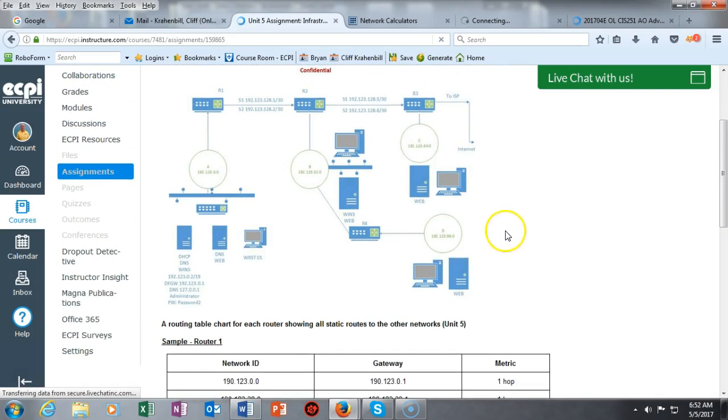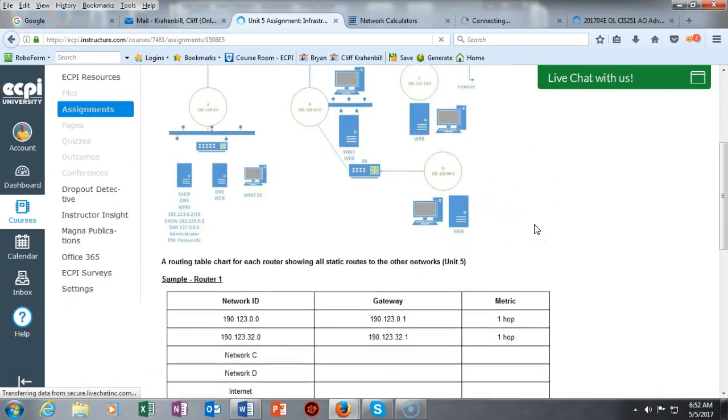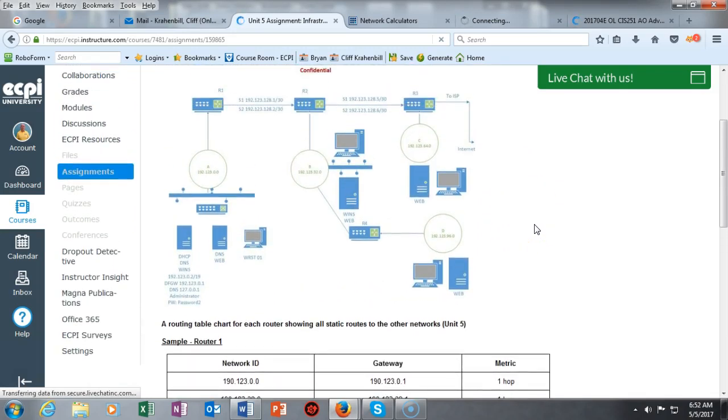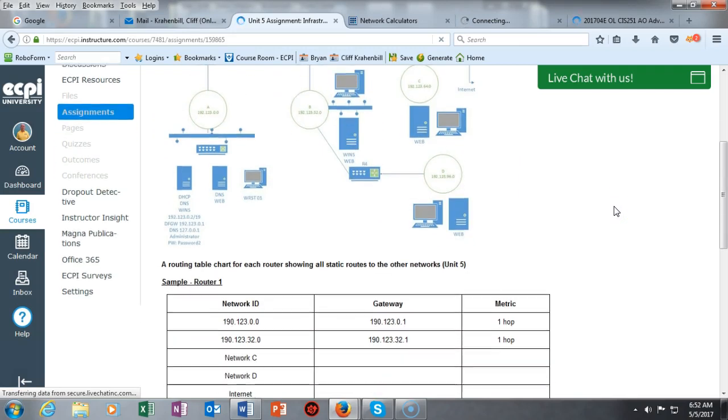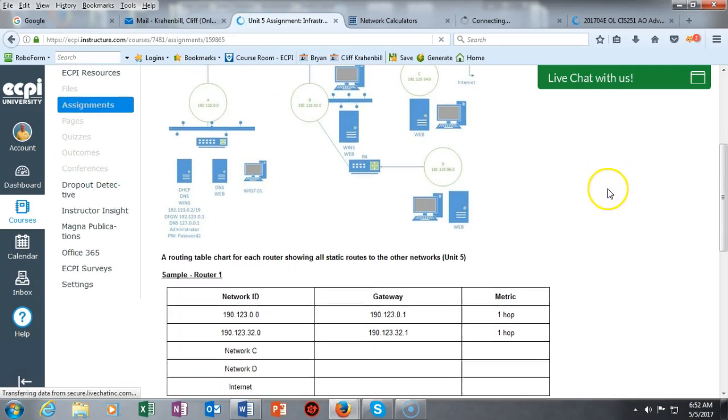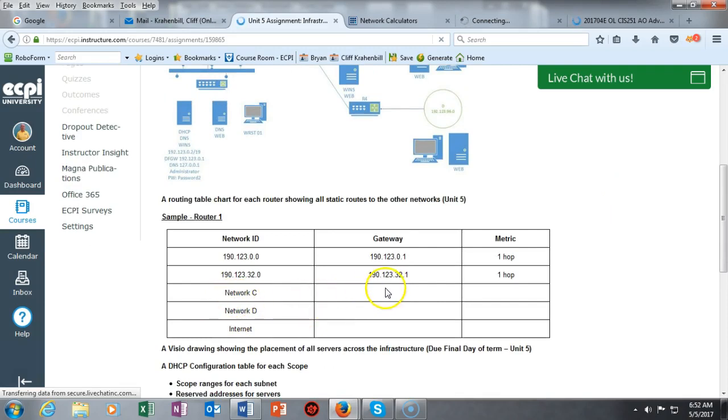Right. Now if I wanted to document the routes that I was going to be taking to get from over here to .0, well then that would be 4 hops. Okay. But that's not the case. All they want is the network ID, the gateway, and the number of hops to get to that router. So you can see what I've done here is I've used the